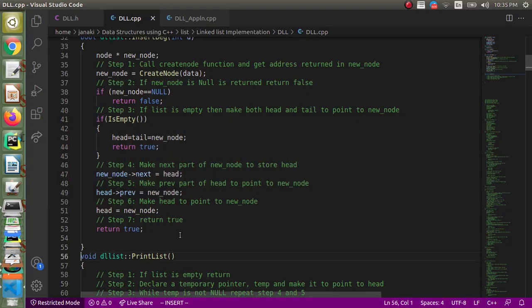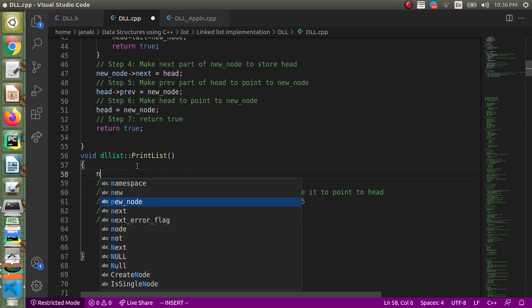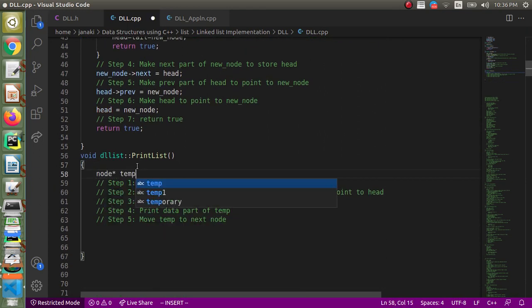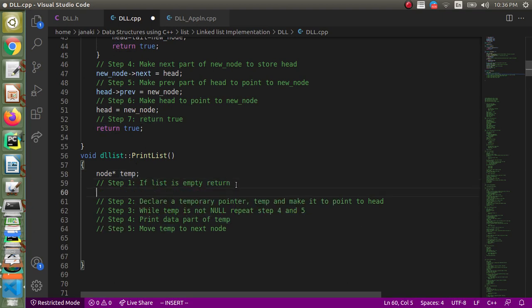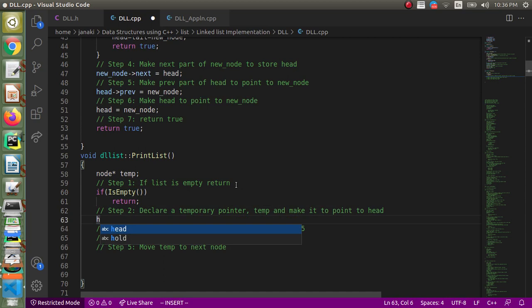Let's implement. We have to have a temporary pointer. Let me declare a node pointer temp, and if the list is empty, we have to just return. If isEmpty, then we will return. Otherwise, we have already made the declaration. Now we have to say temp equal to head.